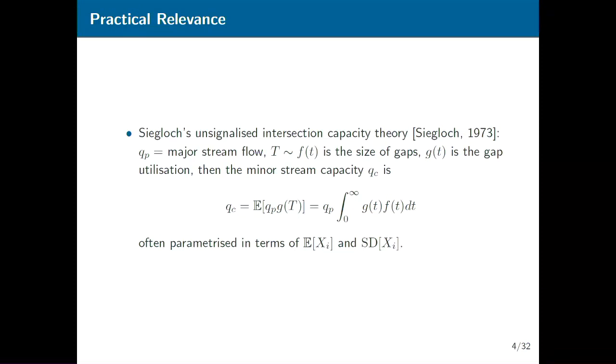Before talking about the maths and stats, I just want to say we care about all this critical gap business because it's related to queuing theory, which is used to analyze the capacity of unsignalized intersections, and is therefore related to things like average delay, average queue length, level of service, and all your complaints about traffic. So there are financial implications in terms of making better investment decisions from better understanding and model predictions and so on.